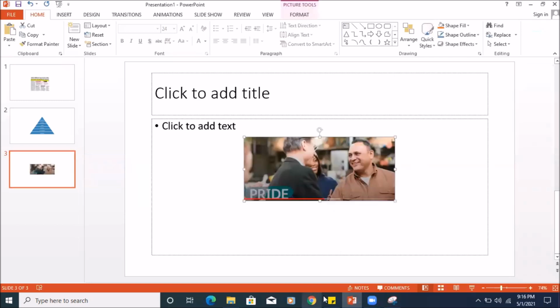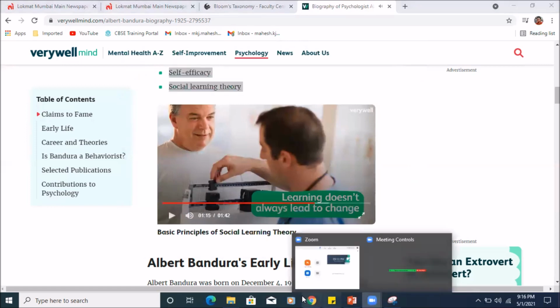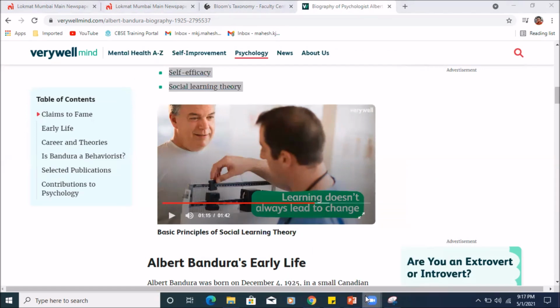You are ready. This way the snipping tool can be a very effective tool to be used inside the classroom, because it gives you an advantage of capturing images as easily and as quickly as possible. Although there's an option of print screen, using the snipping tool is way better than using the print screen option. So try it out and do let me know what you think about the snipping tool.